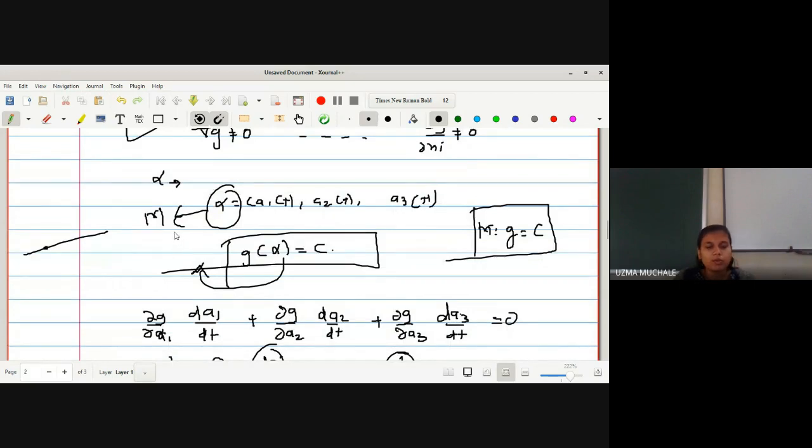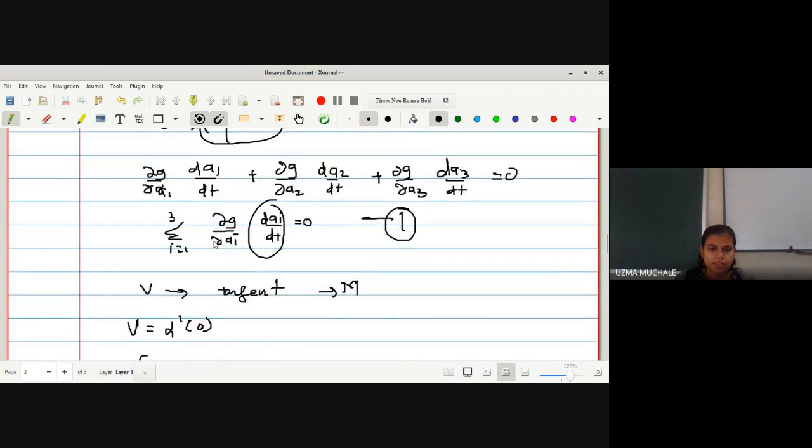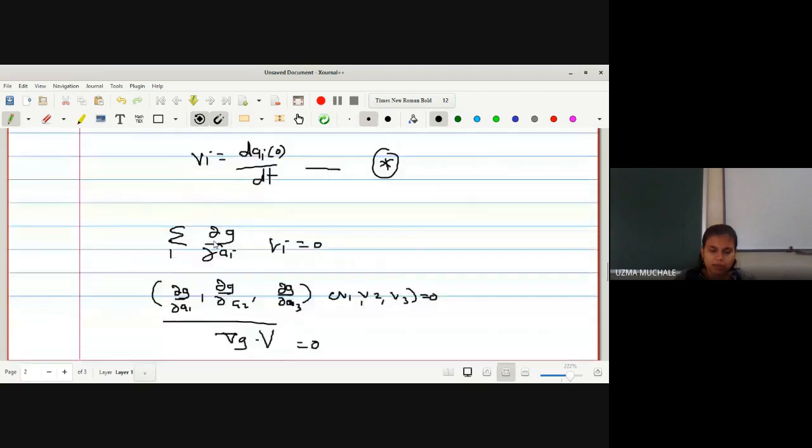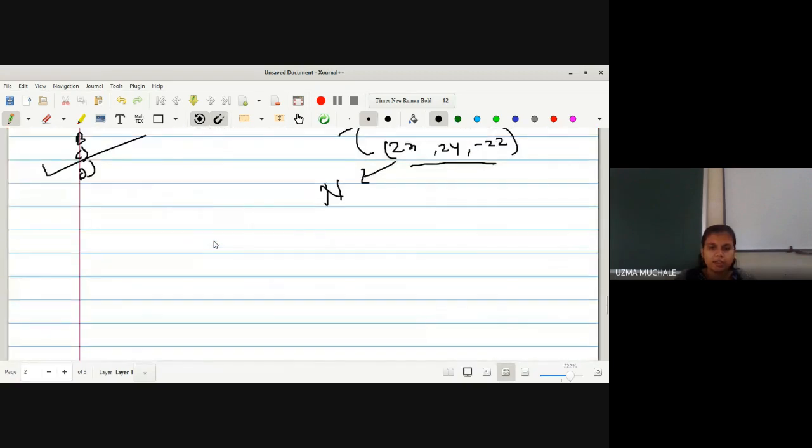Okay, now we have to go for a tangent vector. For a tangent vector you need a curve, right? Alpha is a curve in a surface and so it must satisfy the equation of a surface. Just differentiate it, find out at t equal to 0 and you will get the result.